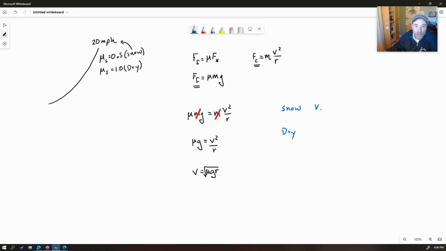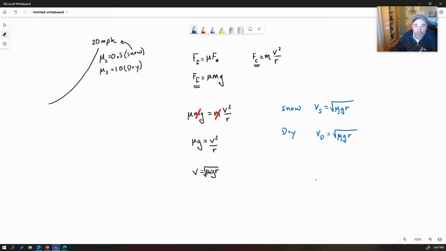Because the velocity when it is snowy is equal to the square root of mu times g times r. And the velocity when it is dry is equal to the square root of mu times g times r, where the only thing that's different here is this coefficient of friction, where this is really the coefficient of friction for a snowy climate,